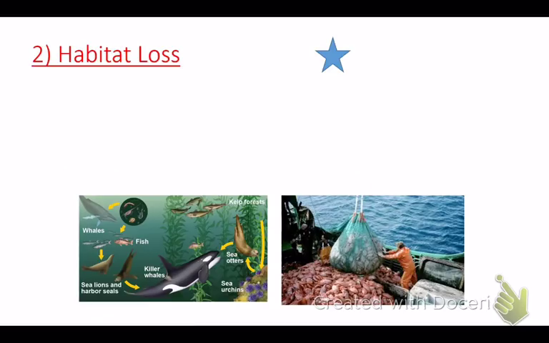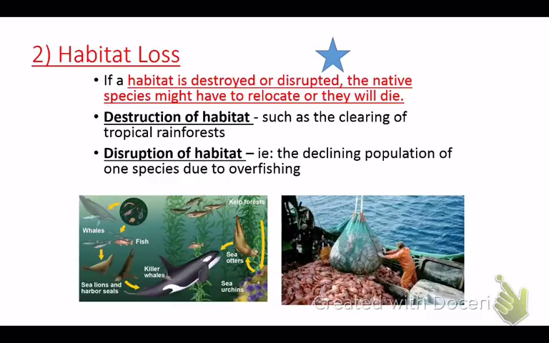So another one you need to write down is habitat loss. This is something else that humans are doing to our ecosystem. We are definitely harming biodiversity by destroying habitats and disrupting habitats. So when we destroy or disrupt habitats, the native species will have to be relocated or they will die. So we destroy habitats by clearing homes through deforestation or pollution of water. We disrupt habitats when we do things like overfish and we take away food sources from other organisms in that ecosystem. So the destruction of the habitat is actually like taking away the home, but the disruption of the habitat is things like destroying the